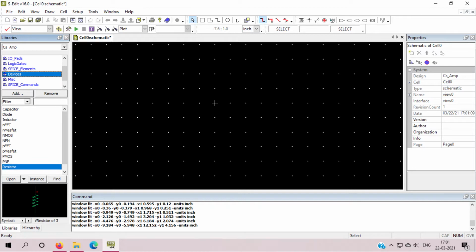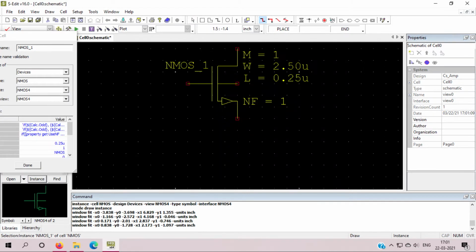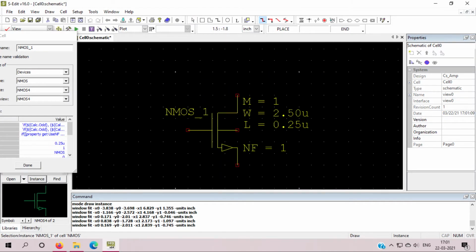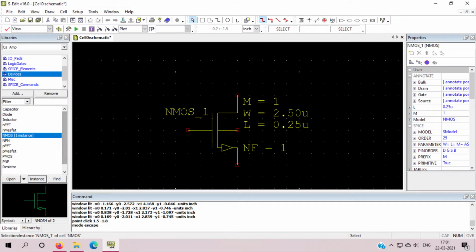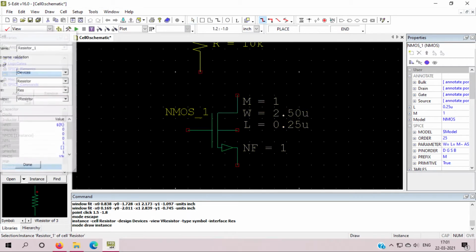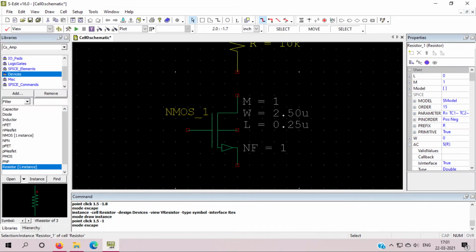Under device I will first go for NMOS, and here this is my NMOS, as you can see. Now the second thing I need is a resistor. As you can see, I can use one resistor here. Done.